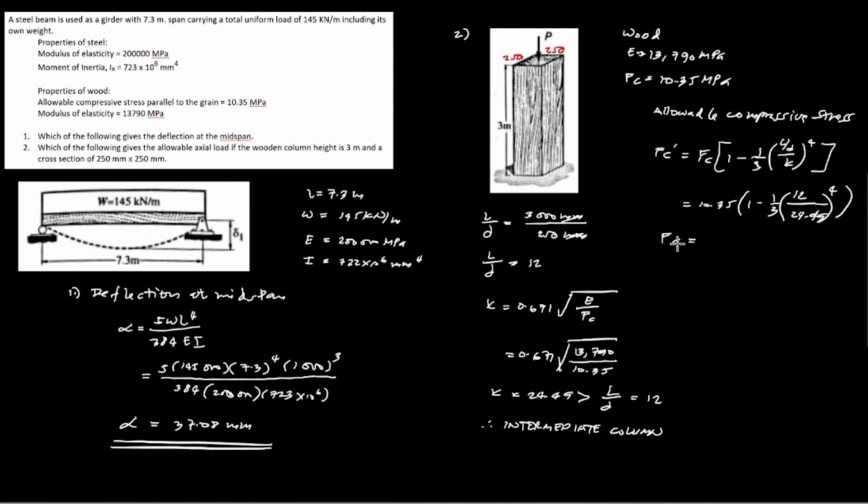So F sub C prime, so 10.35 times 1 minus 1/3 of 12 over 24.49, exponent 4, the value is equal to, or F sub C prime is equal to 10.15 megapascal. Once you solve the allowable compressive stress, you can now determine the allowable axial load. So allowable axial load,